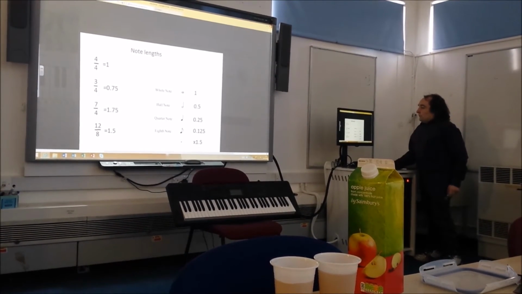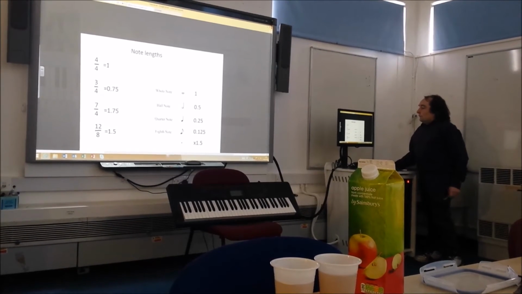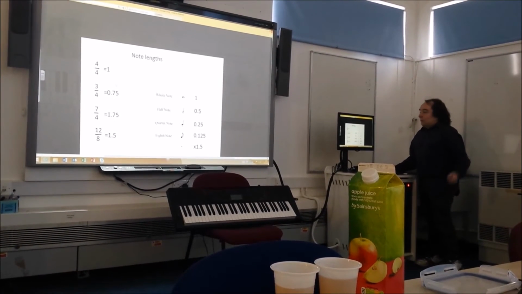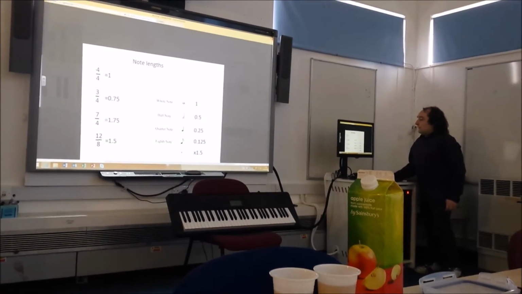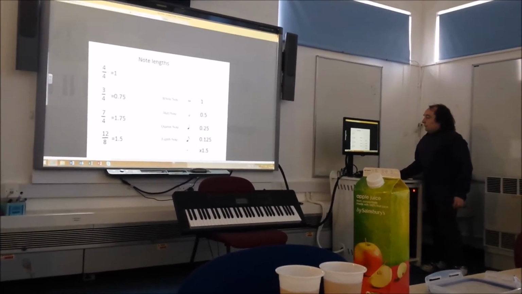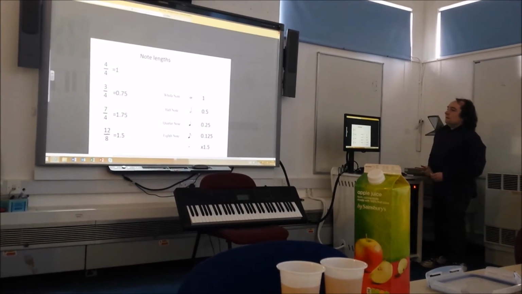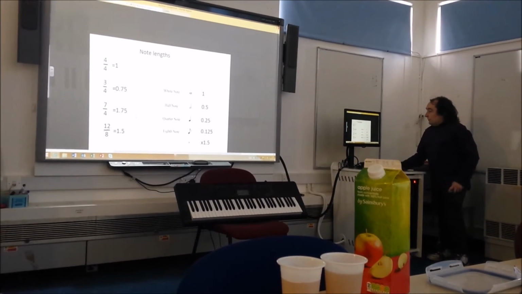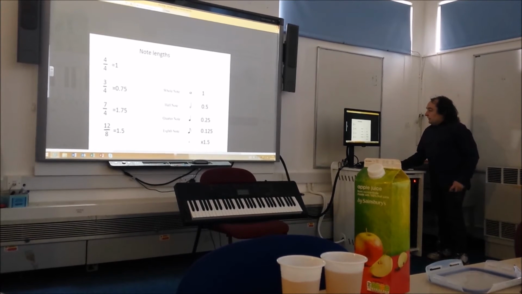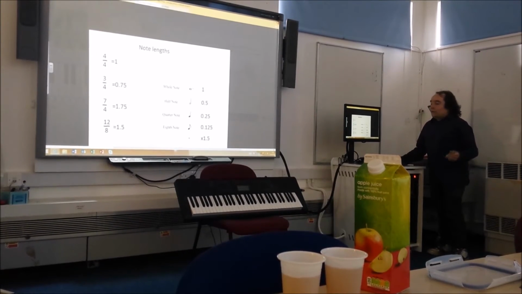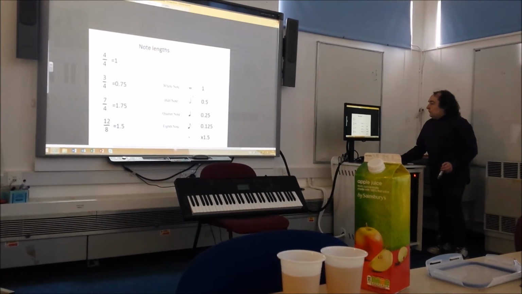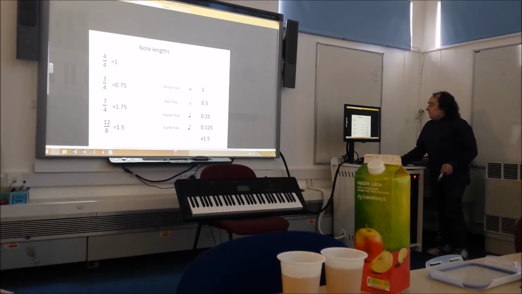We can have another time signature, 3 over 4. We'll call that equal to 0.75, 3 divided by 4. And these are other time signatures, 7 over 4, 12 over 8, and we can just represent those with numbers. On the right, we have the notes that you may have seen if you've seen any music. And these have different values, so whenever you see this one, it's equivalent to 1 worth of note, so that's a long one. This one will be a half note, 0.5, 0.25, 0.15.